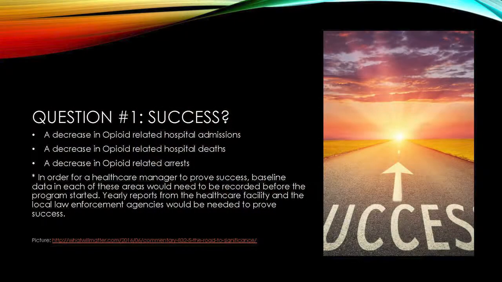Now let's look at question number 1, success of the program. There's several ways that you could look into some data in the community and see if you've been successful. Number 1, a decrease in opioid-related hospital admissions. Also a decrease in opioid-related hospital deaths. You could look at a decrease in opioid-related arrests in the community, and these would all show success of the